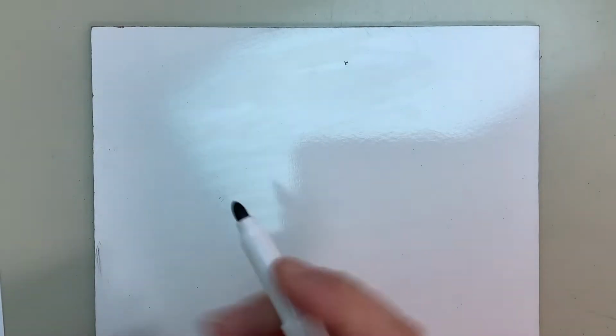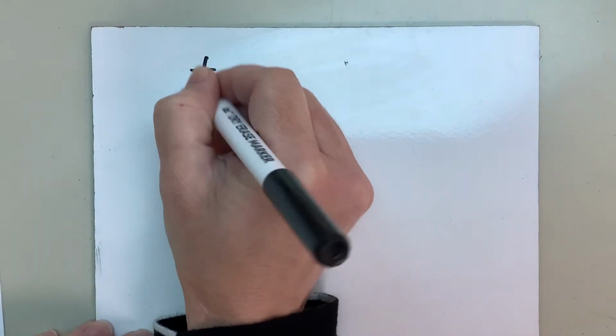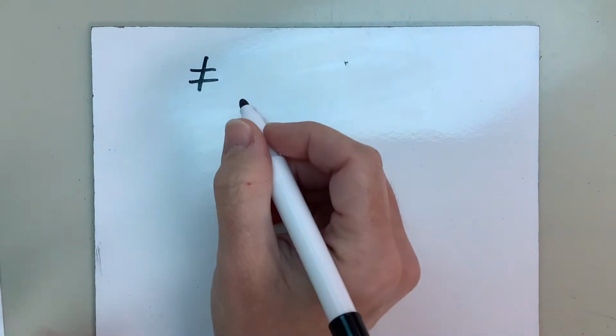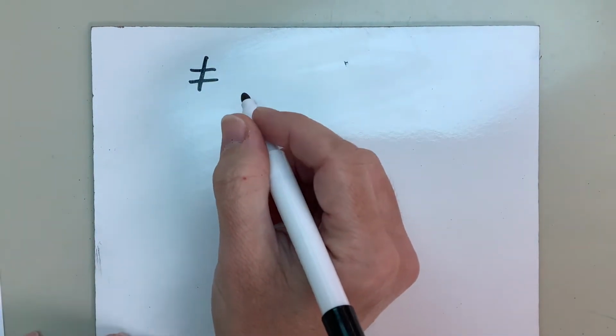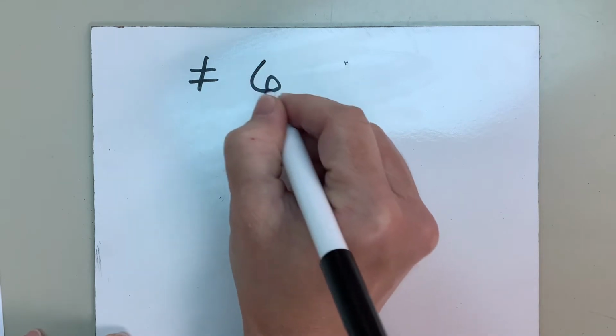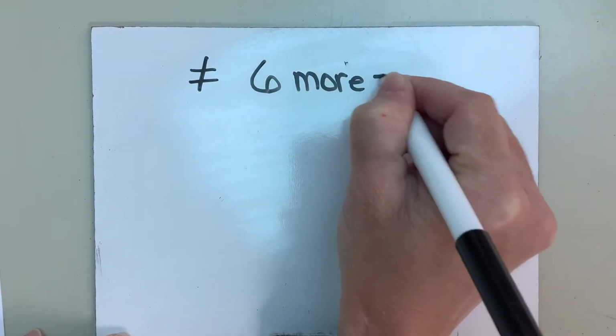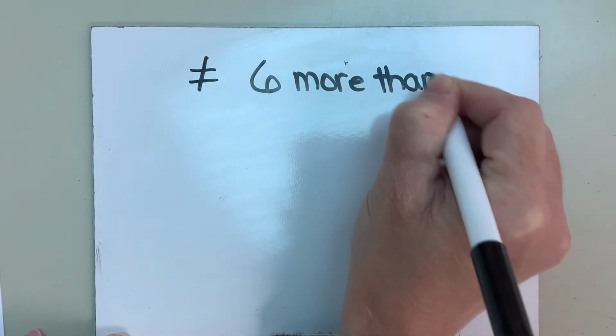All right, so we looked at expressions. An expression means there is no equal sign. You must have a number and an operation to be an expression. For instance, we looked at something like this: 6 more than a number